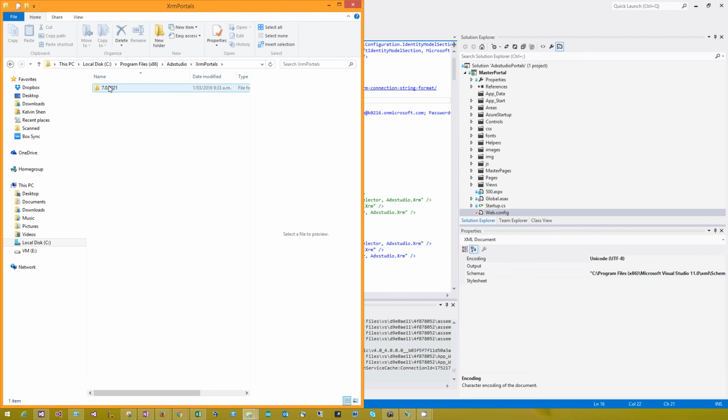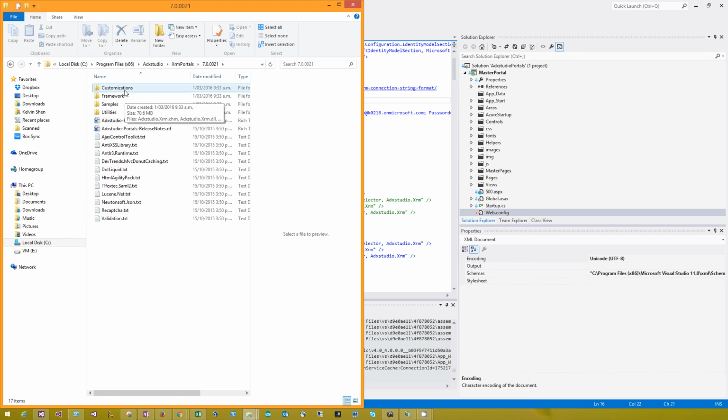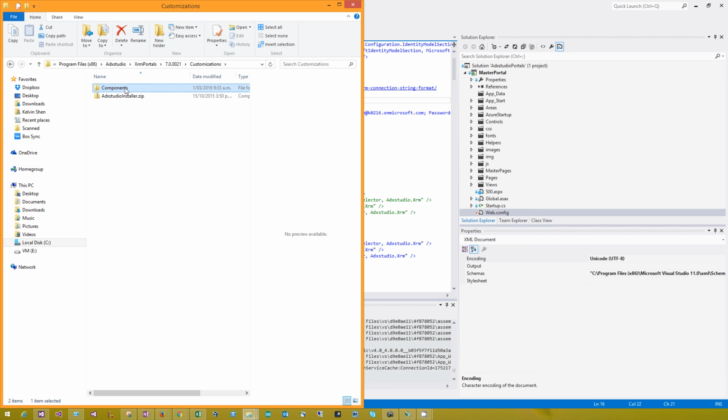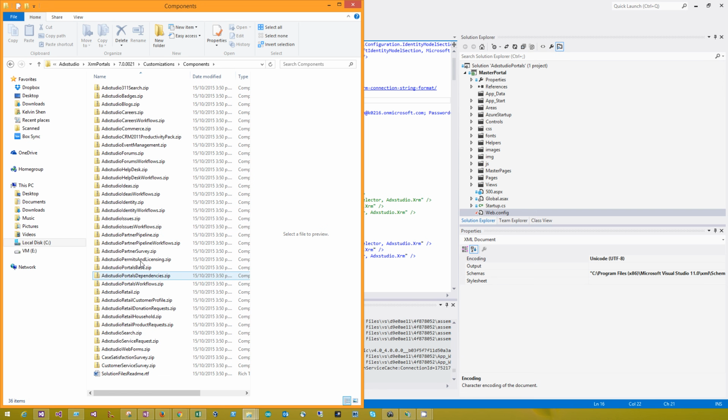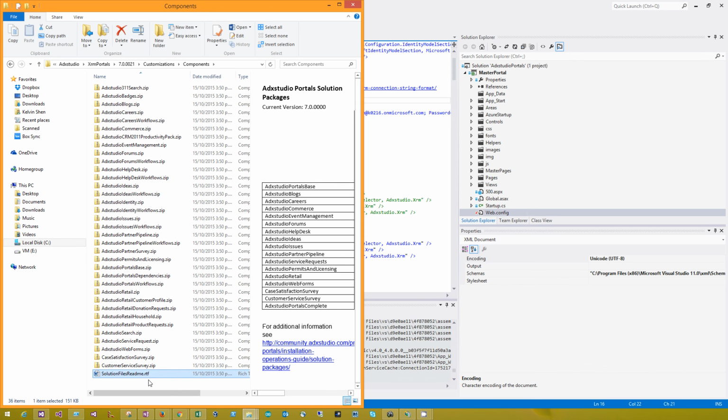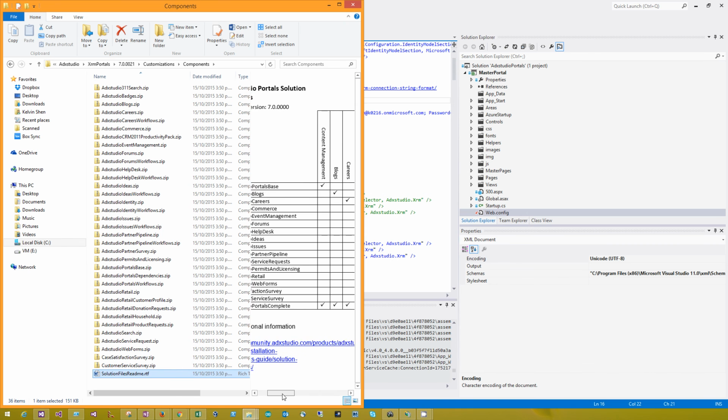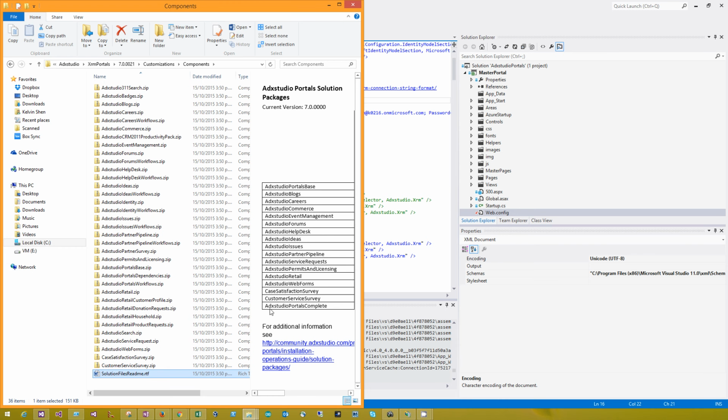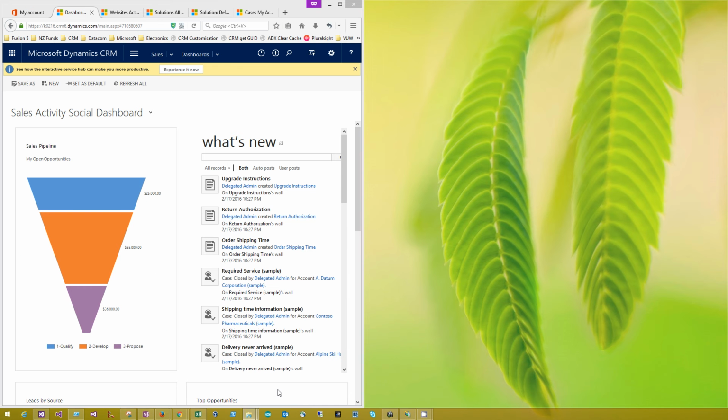So if you go to the portal, you will find the customizations folder, and inside components you can pick and choose. I think there's a few. Yeah, there's a README file too. There are some solutions you need to install, like the core. It's compulsory to install some of the solutions, but for the others it can be optional. Anyway, long story short,